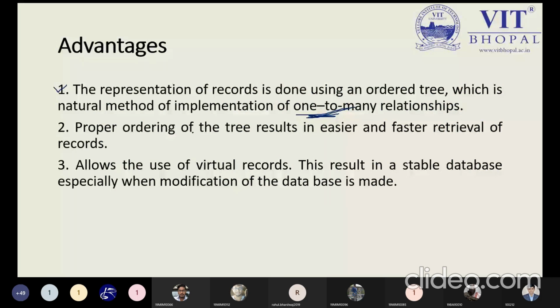Okay, the proper ordering in form of the tree we can see. So in form of the tree, all the information is maintained or represented. Then we can use it, and it also allows the virtual record. This virtual record means